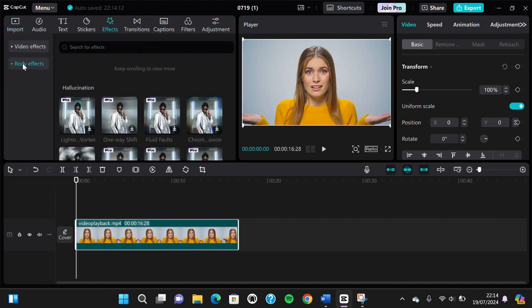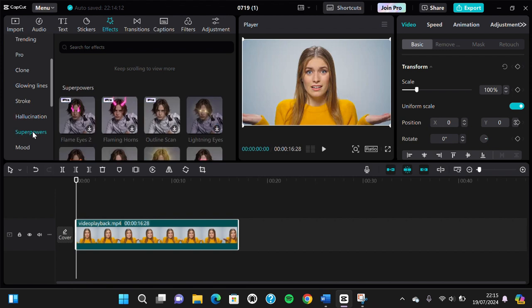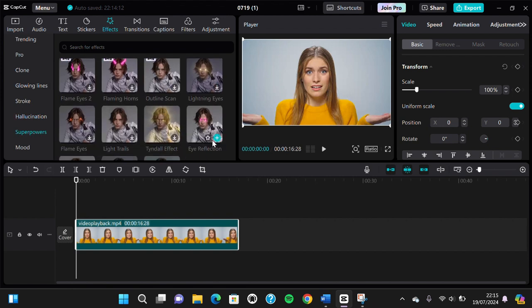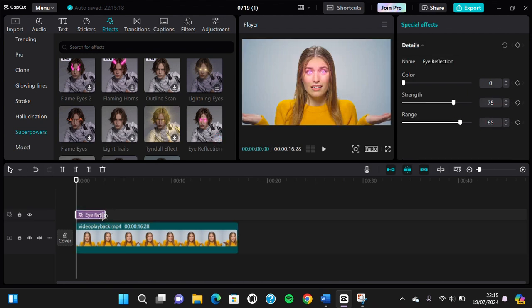And we're going to select the body effect, and in this body effect you can click on this little arrow and go to the superpowers category. Okay, and here you'll be able to find the eye reflection effect. This one, just tap on it, tap on this plus button to add it to your video, and you can